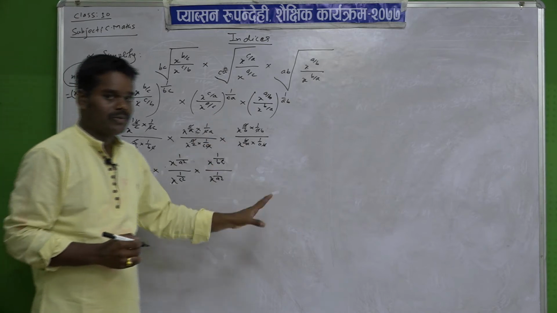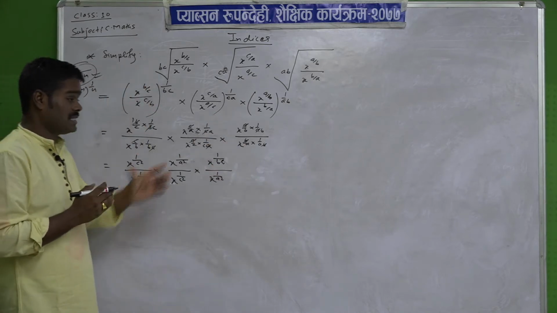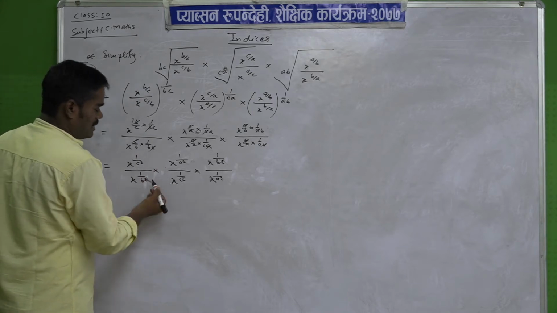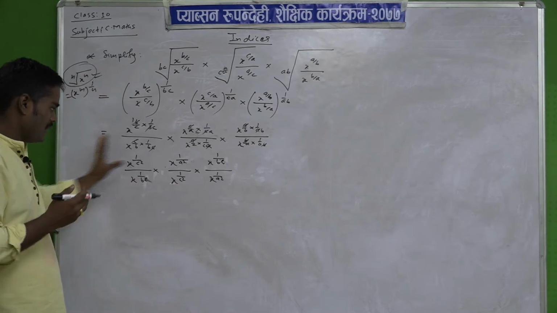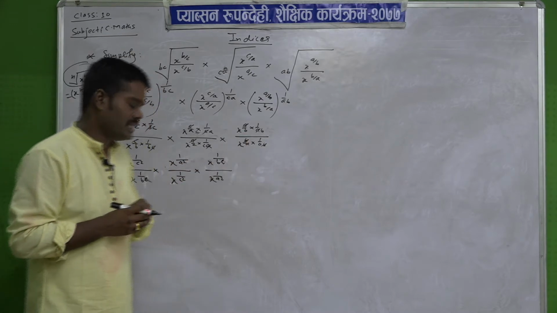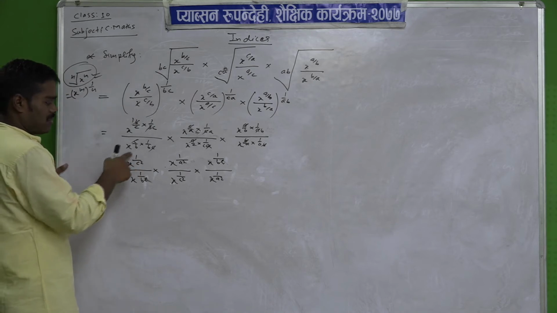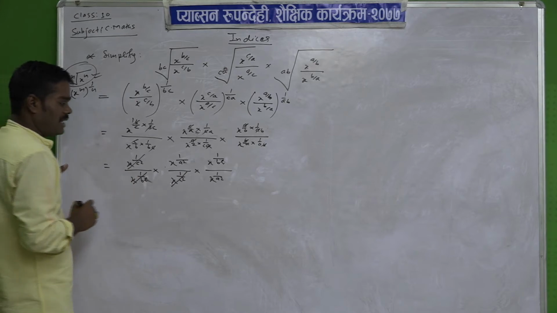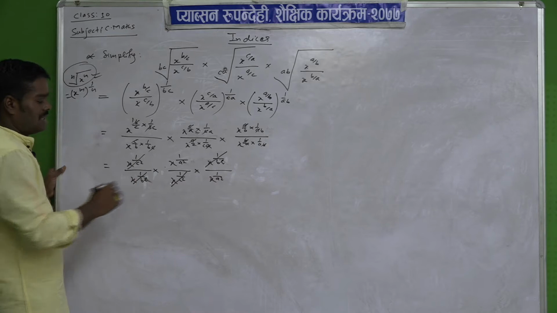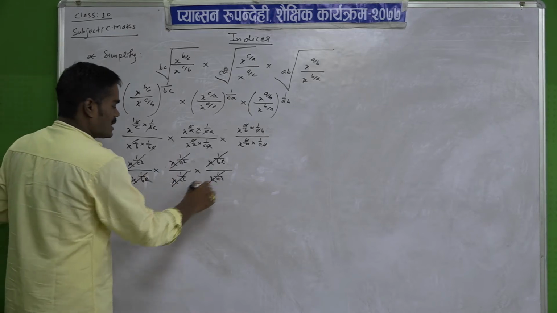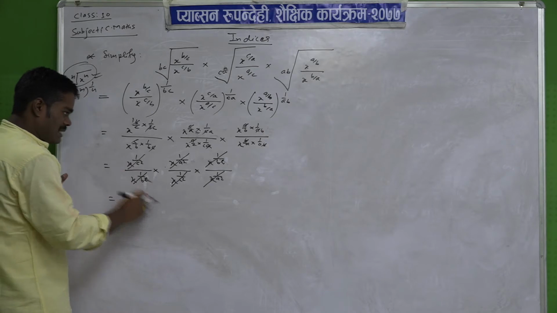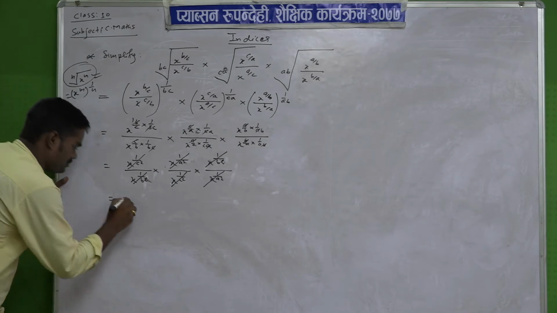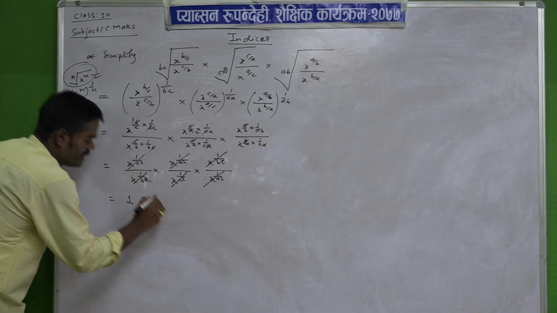Likewise we have to do: the common factors on the powers we have to cancel them, and the remaining we have to write like this. And then see here, if there is a multiply sign between them, we can cancel anywhere up and down in numerator and denominator. So see here, x power 1 by c square, x power 1 by c square cancelled, x power 1 by b square, x power 1 by b square cancelled, x power 1 by a square, x power 1 by a square cancelled. So they are cancelled by dividing. If they are cancelled by dividing, then how much is left? 1. So this is the answer.